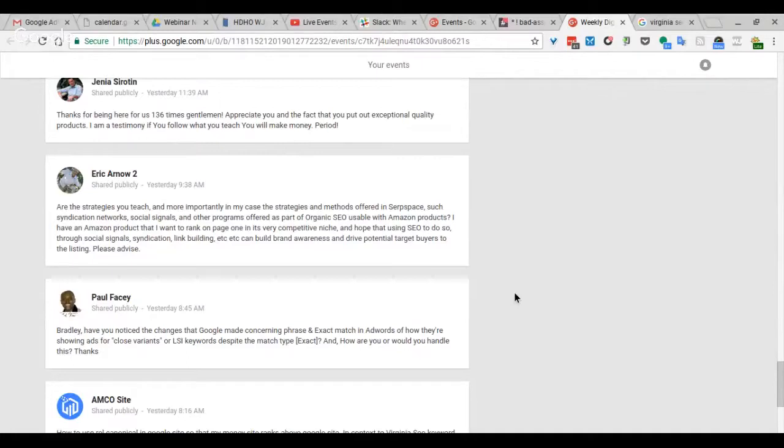Yeah, no, I've noticed that too. For example, it's gotten a lot better. It used to be with exact, they wouldn't use close variants. They wouldn't show for keywords with close variants, it would have to be the exact. But now I've noticed the same thing. So for example,